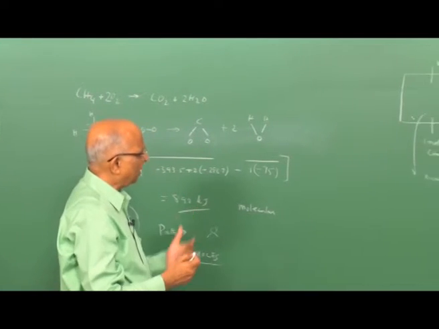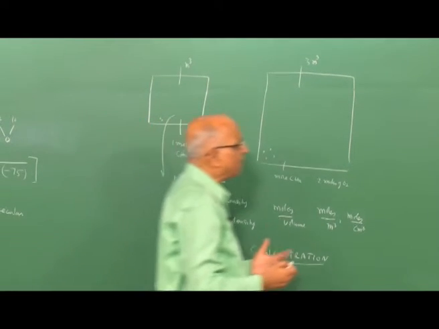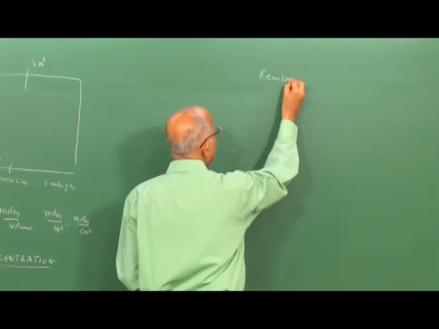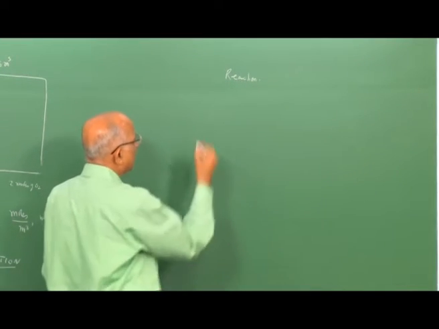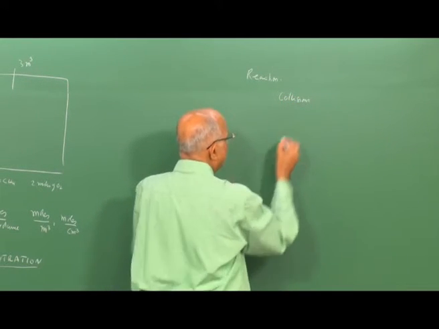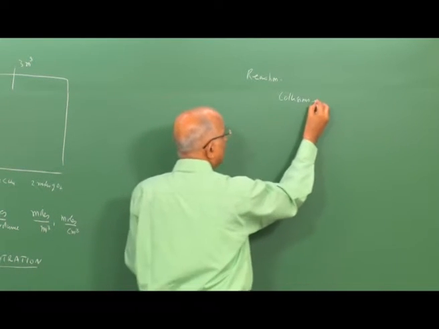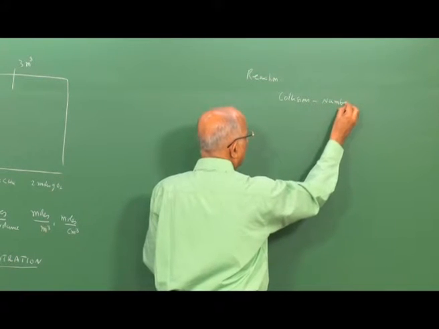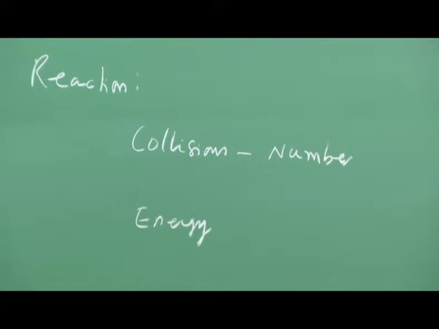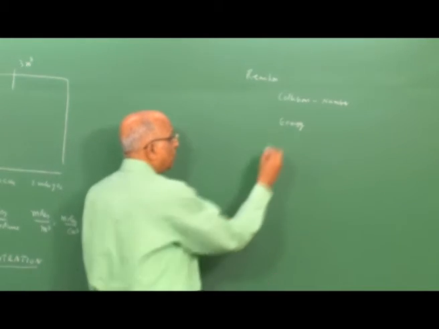Based on simple reasoning, we said that for a chemical reaction to take place, let us say a chemical reaction takes place. We again keep the same reaction in mind. The chemical reaction will take place depending on whether I have more number of collisions. That means, if CH4 hits against an oxygen more number of times, it is more likely to collide, that is collisions. The number of collisions is important. It is also important to have the energy of collisions. If the energetics of collisions is much higher, it can knock out the atom and maybe recombine it together. Energy of collisions is important.